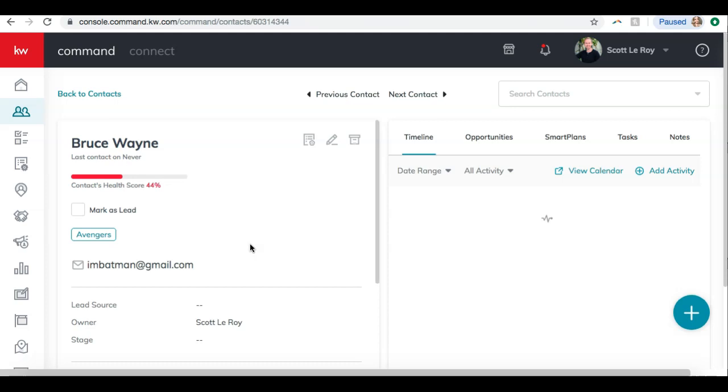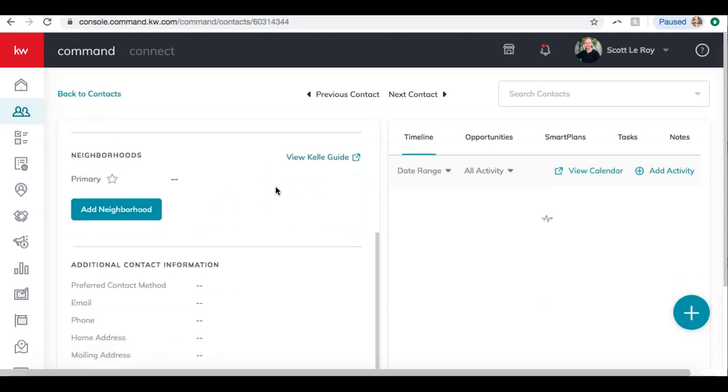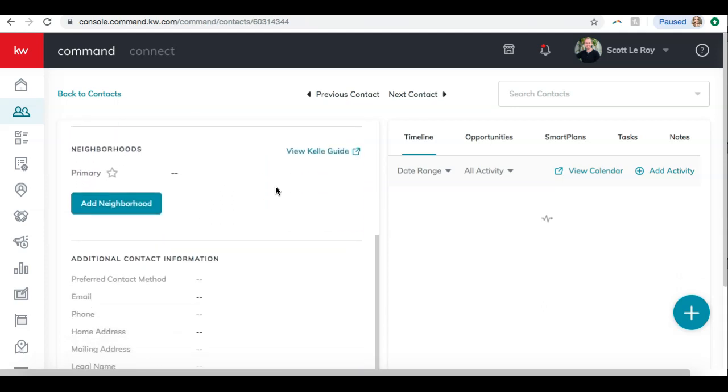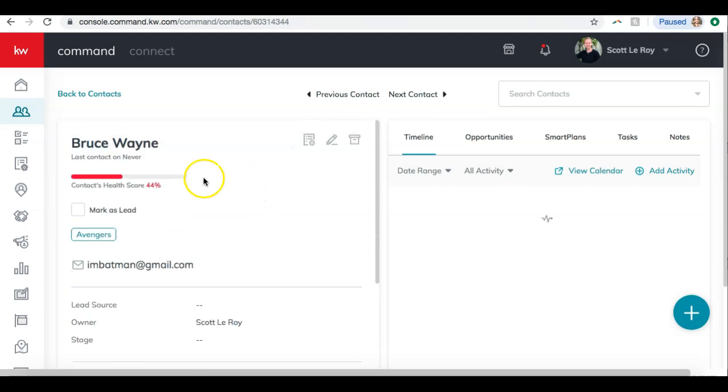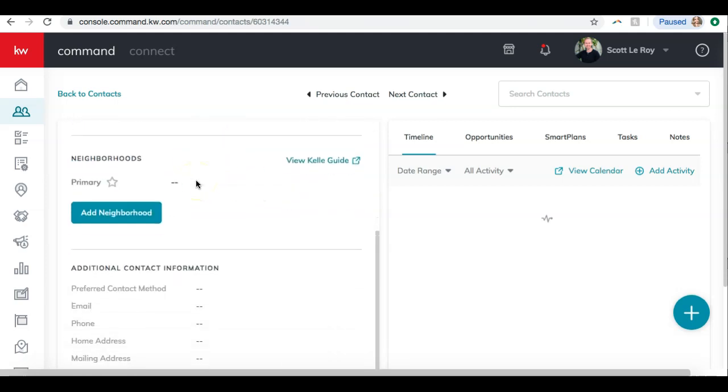So in here we can edit their information, we can view the timeline of any interaction or things that they've done, set up opportunities, smart plans, things like that, but I want to start with the neighborhoods. So one cool thing you can do with Command is create this awesome neighborhood landing page. So I'm going to scroll down over here on the left under Bruce's information, and there's a section here called Neighborhoods. So what we're going to do is we are going to click the Add Neighborhood button,